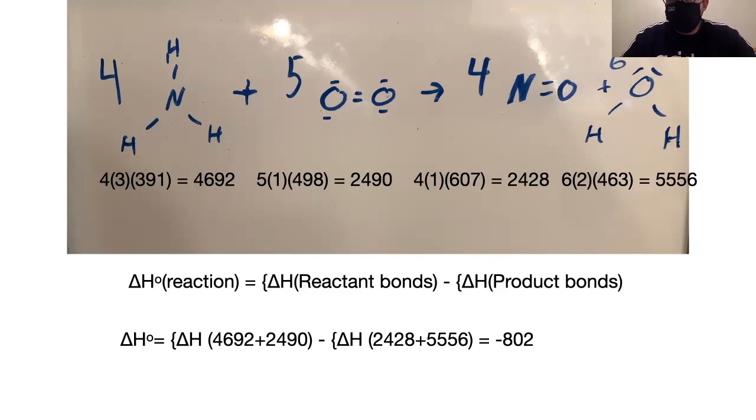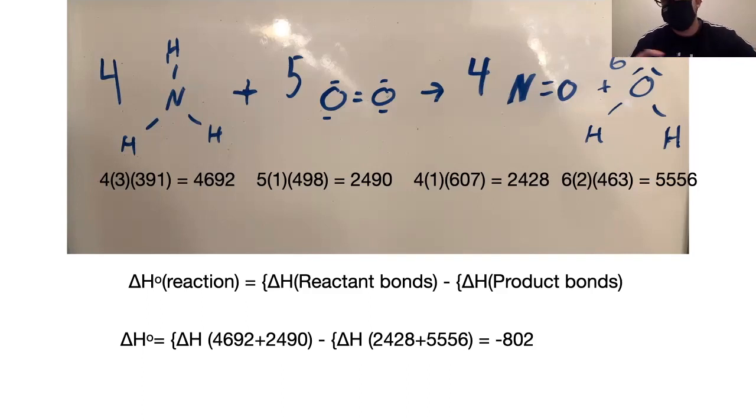We then move to the next part of the reactants, which is oxygen gas, or O2. We can see that there is only 1 bond between these oxygens, but it is a double bond. So that will be stronger than a normal single bond. And we can see from the numbers on the screen that double bond is 498 kilojoules per mole to break. And because there are 5 of those molecules, then we will need to put a 5 before so we can multiply it through. And that comes out to